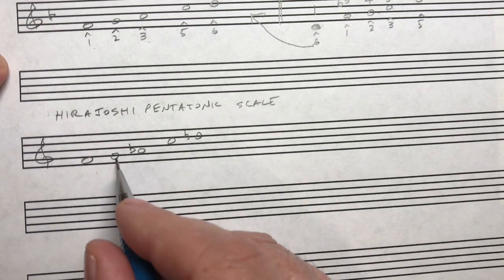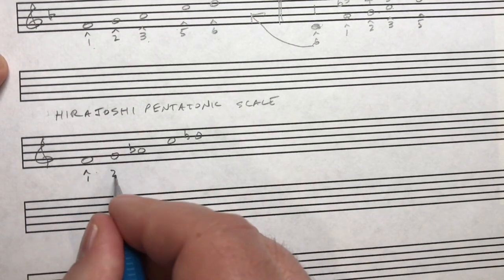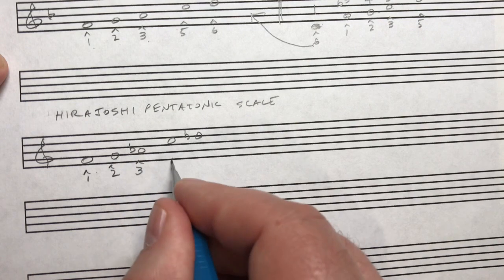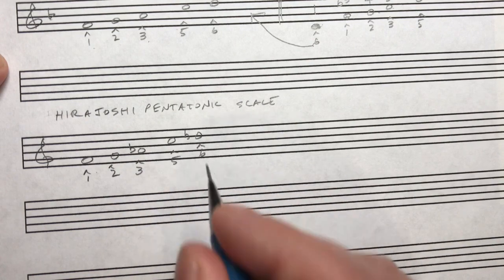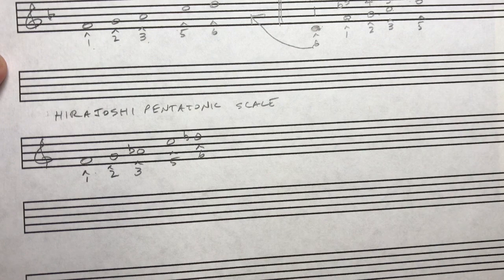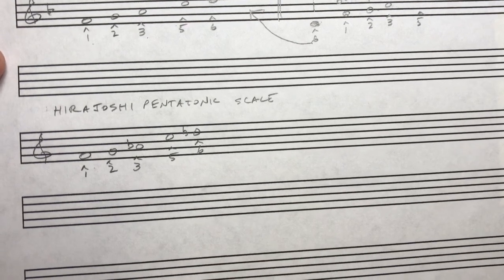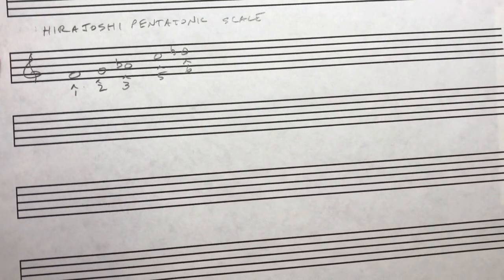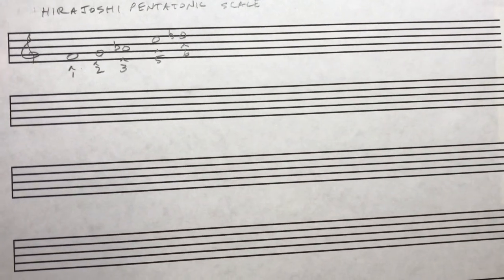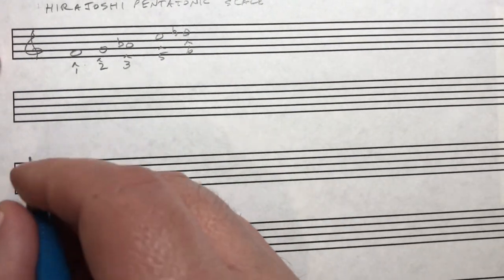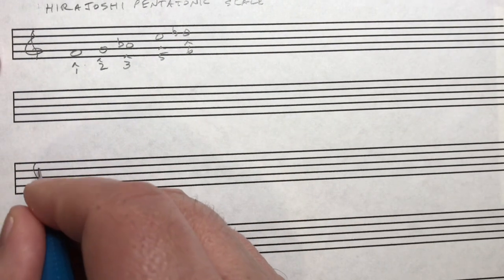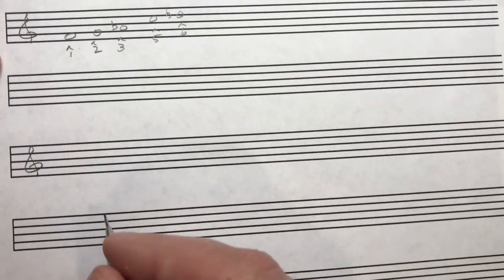So we have 1, 2, 3, 5, 6 from the minor, the natural or the pure minor scale. Now, if we want to look at all these three together and compare them all from the same root, we could do this. Let's say we start on C,